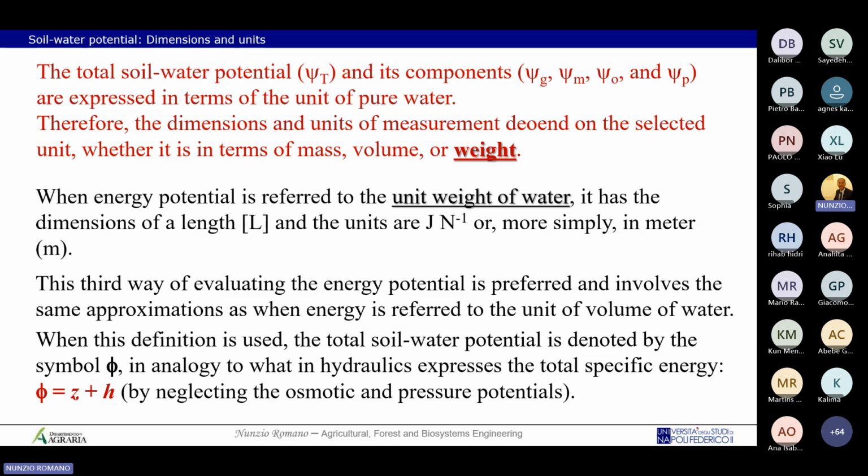I will show you that we also have neglected the osmotic, but for practical application, the temperature is considered quite a fixed value. But if your specific problem should account for very different temperature levels,